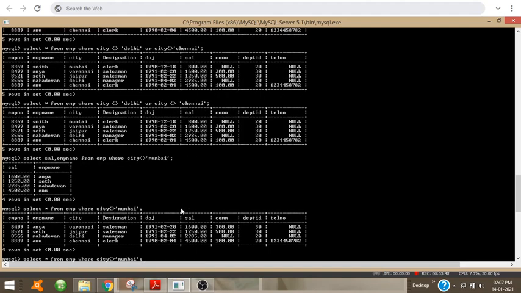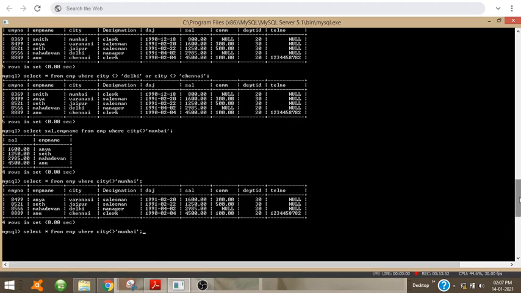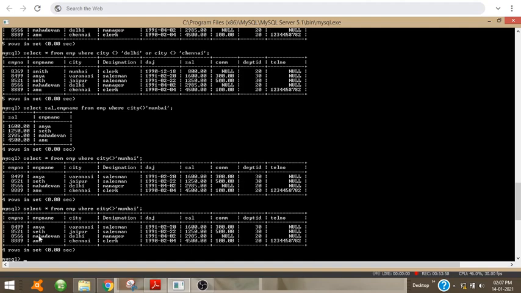Okay, we can use the not equal to operator here like this. Select star from EMP where city not equal to Mumbai. So it can be like this. All the rows are selected where the city is not Mumbai. So Varanasi, Jaipur, Delhi and Chennai, all these are selected.